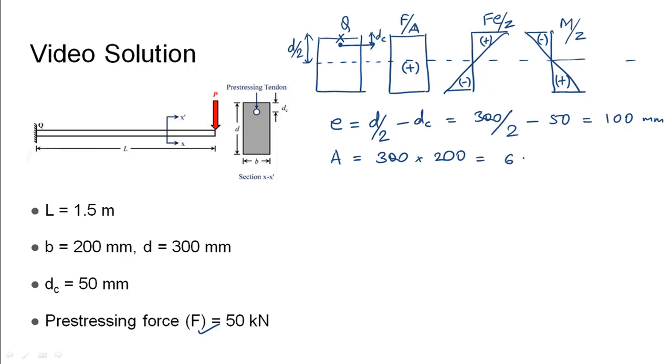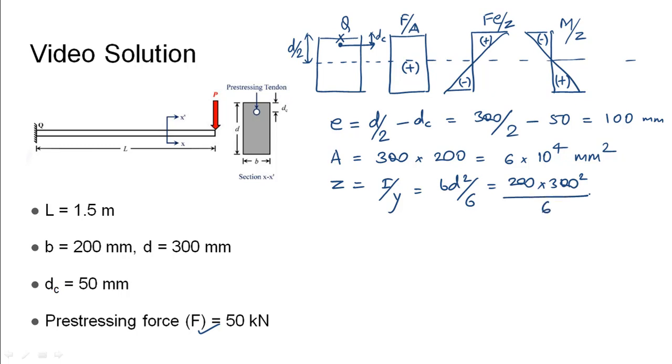This would be 6 into 10 to the power 4 mm square. The third is Z, that is the section modulus, which would be I by Y. For a rectangle, it is nothing but BD square by 6, which would be 200 times 300 square over 6. This would give 3 times 10 to the power 6